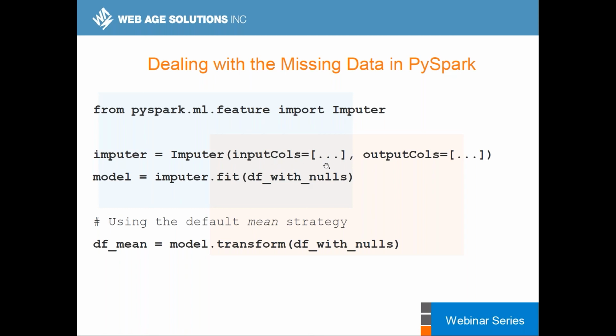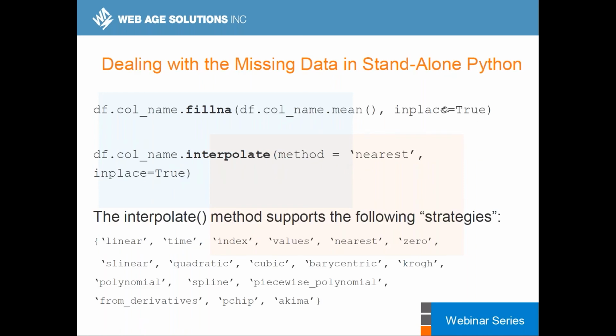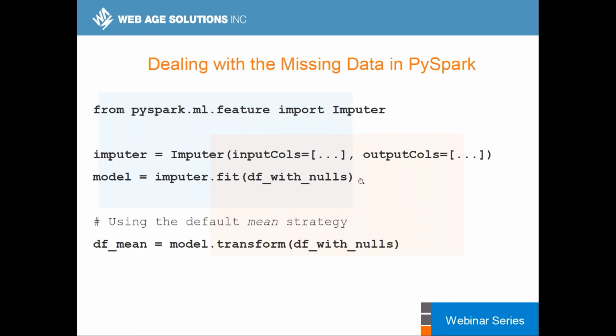You need to specify the columns where you would like to fit. The default is the mean strategy, and output columns is just a way to avoid in-place processing. It would create additional columns which will contain values with the corrected results, and it just follows